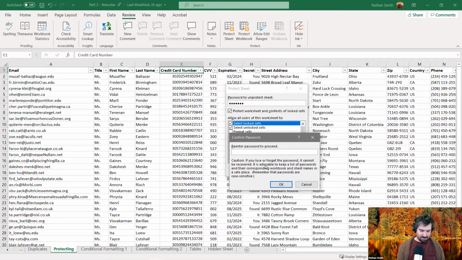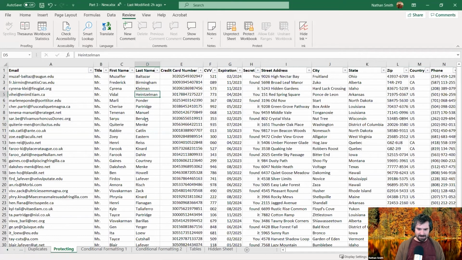And again, it's asking me to confirm what the password is, so that I make sure I haven't just typed in something with a typo in entering the password. I'll click OK. All right, so now I can click around, I can select any of these cells that I want, but if I try to change something,